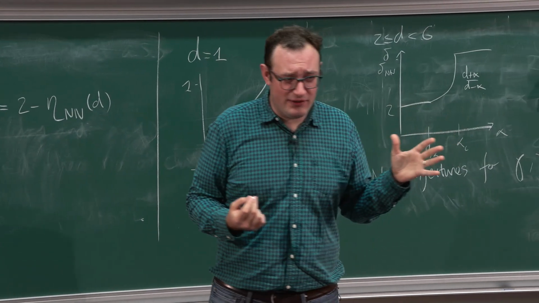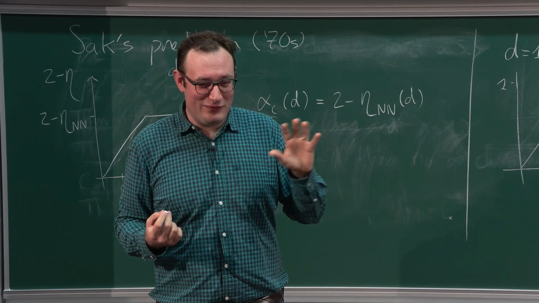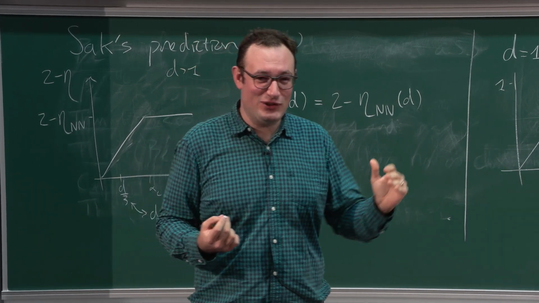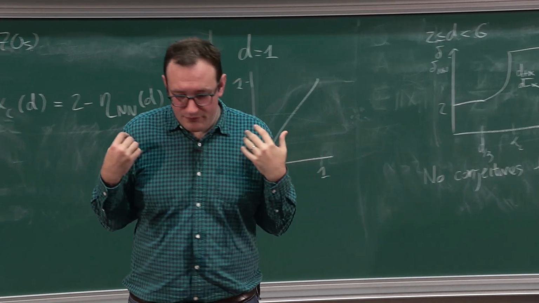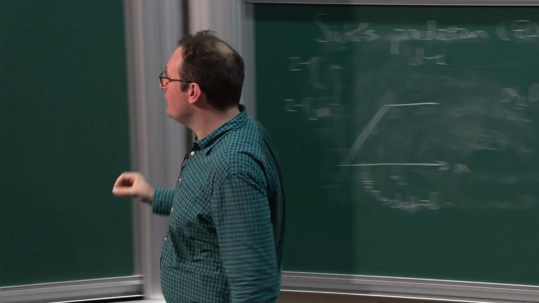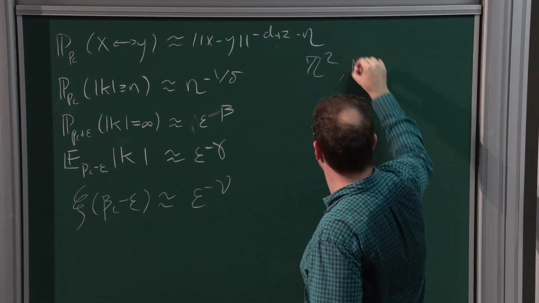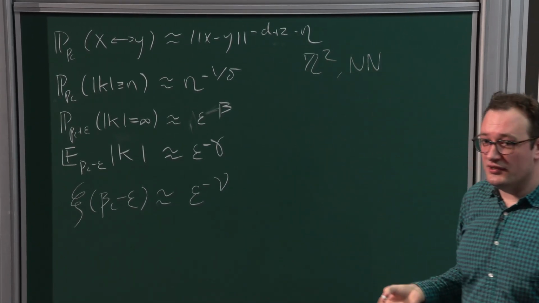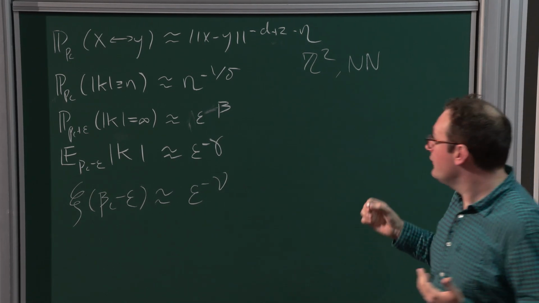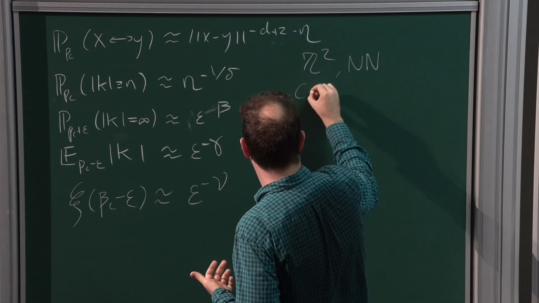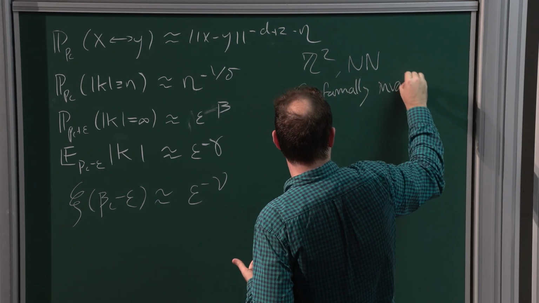So I won't say very much about that, but I wanted to say a little bit about conformal invariance now to introduce some foreshadowing for later in the talk. So the idea is that in 2D, well, for the nearest neighbor model, as you mentioned, a really central idea is that you get conformally invariant scaling limits.